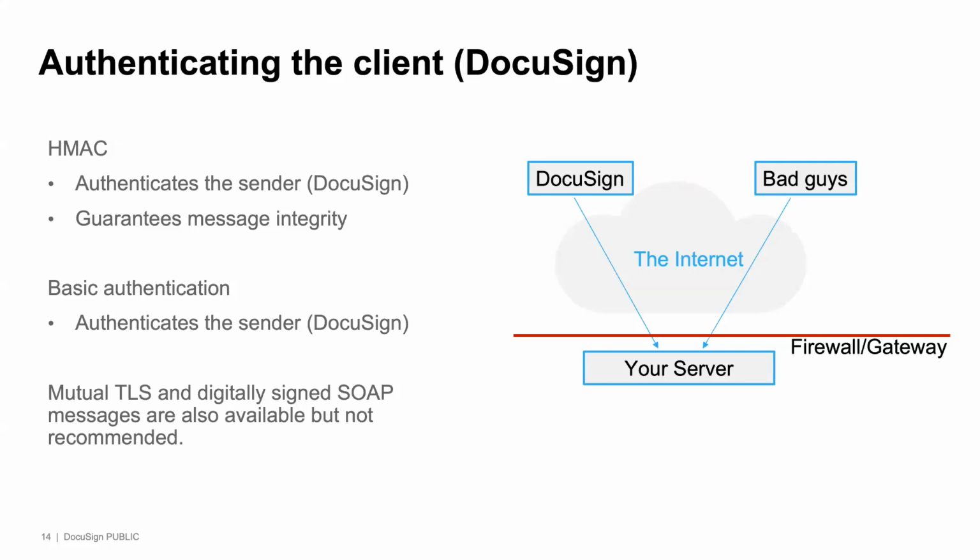And then when you receive the message, you can recreate the HMAC. You can then compare the HMAC that you've just now created with the one that accompanied the message. And if they're the exact same, then aha, you know that number one, it must have been DocuSign that sent it because no one else has that secret other than you and DocuSign. And believe me, we don't give that secret away.